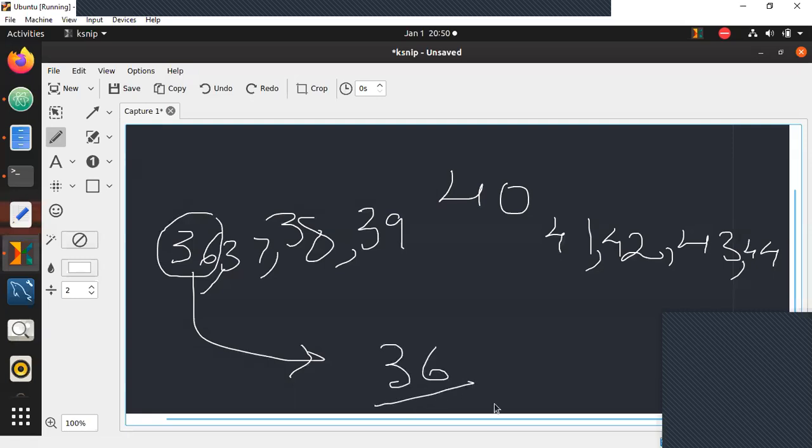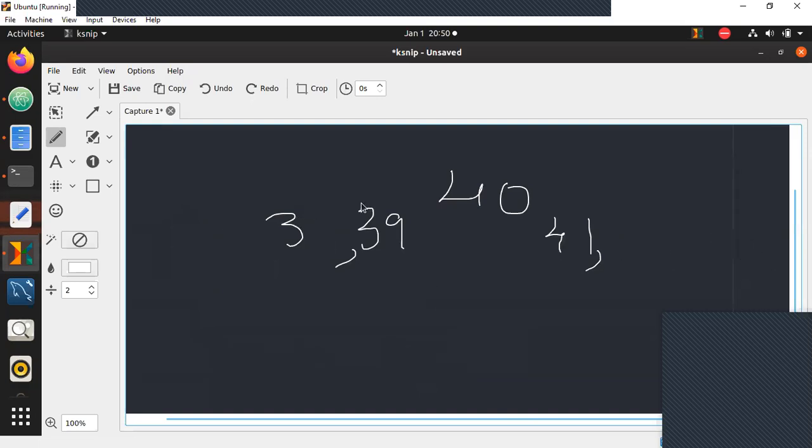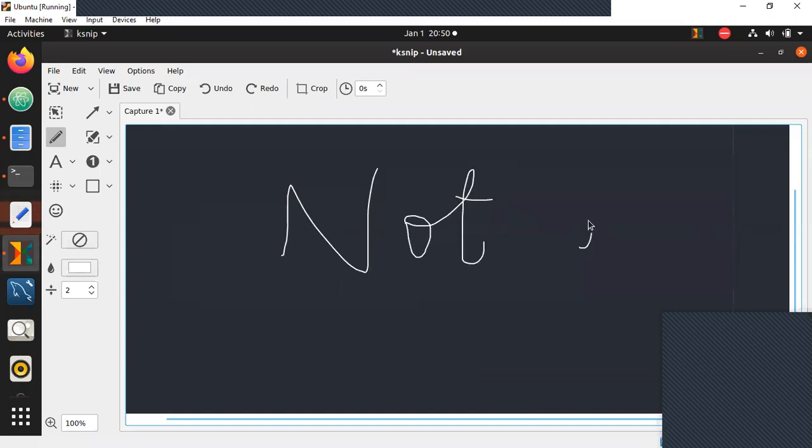So can I calculate like this? My first question to all of you guys: can I calculate like this? Yes. I would say it is not efficient at all. Here's the thing, guys.